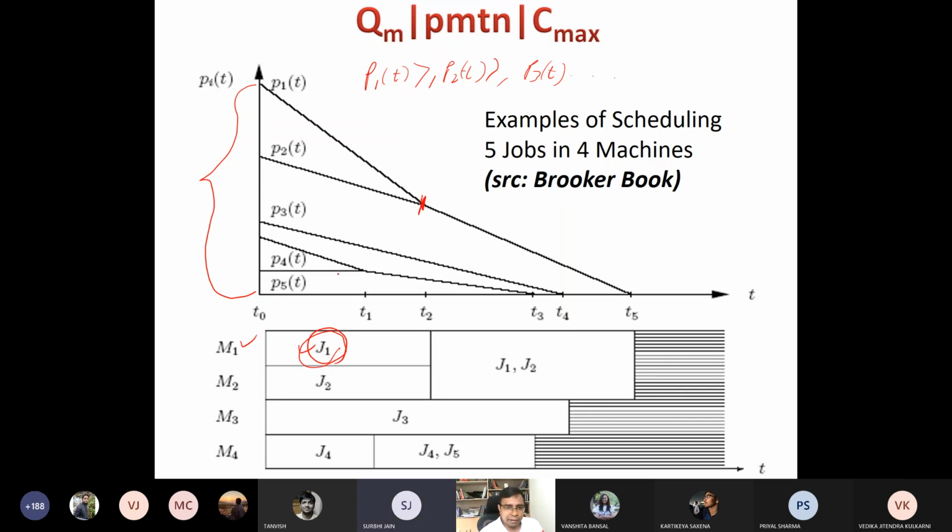So job one is allocated to M1. Then what are we allocating? Job two we are allocating to machine 2. Okay. And now job 1 and job 2 got allocated to M1 and M2. But if you look at this point, because M1 is running at a faster rate, are you able to see the slope? So this slope,